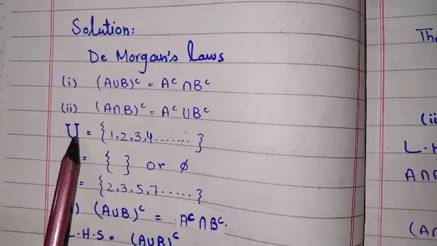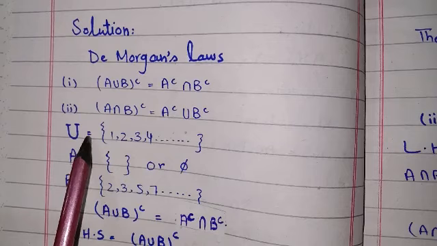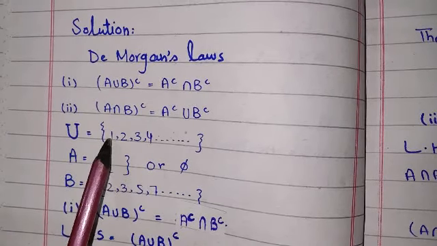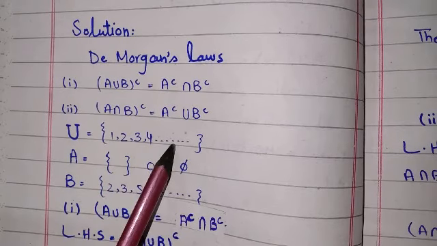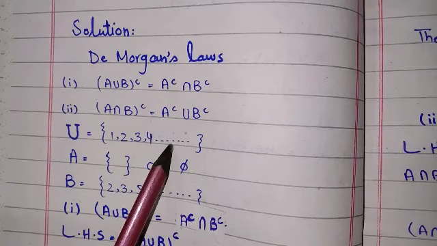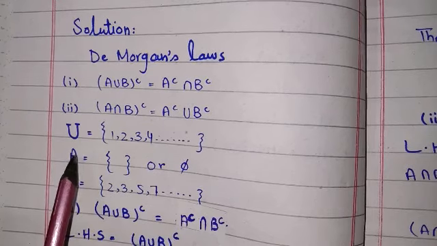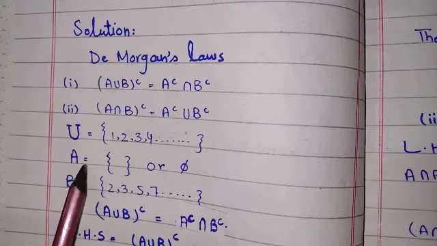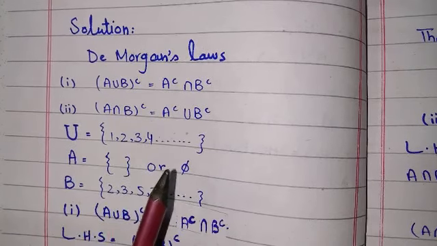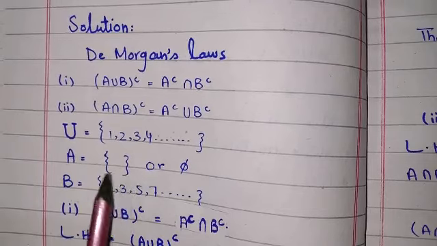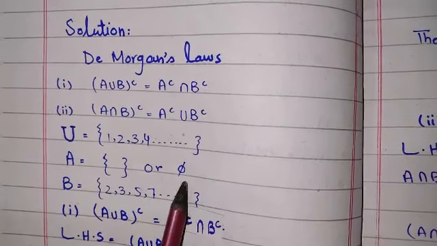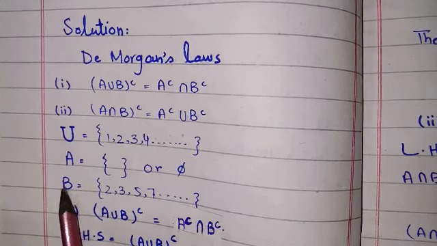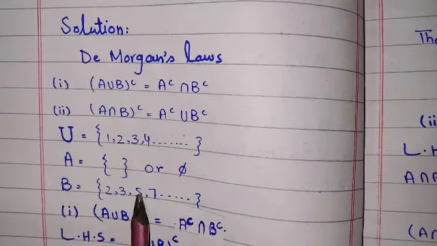Now students, here we will write the sets. The universal set given to us is equal to N. N means natural numbers. You all know that we will write 1, 2, 3, 4 and so on because they do not tell us the endpoint. So in the universal set we have 1, 2, 3, 4 and so on. In the A set they told us 5. It means there is nothing in the set, so you can write an empty set or 5 as you want. And in the B set we write all the prime numbers, which are 2, 3, 5, 7 and so on.